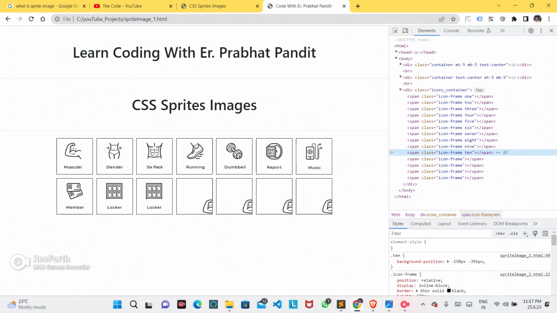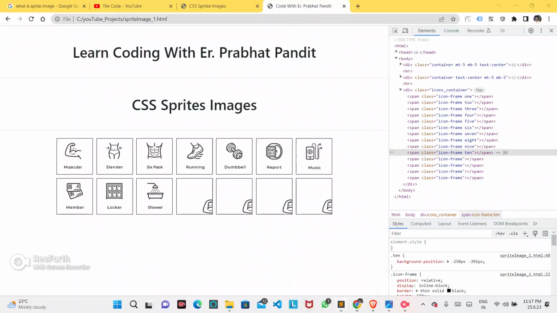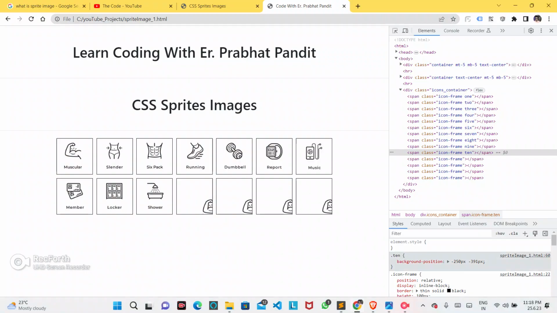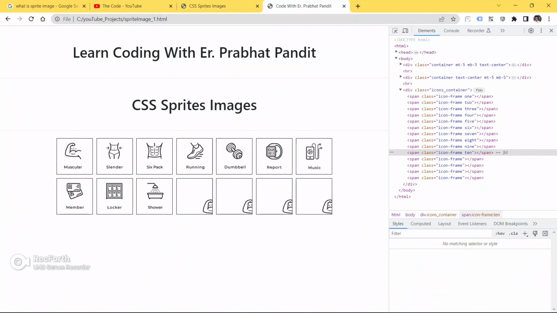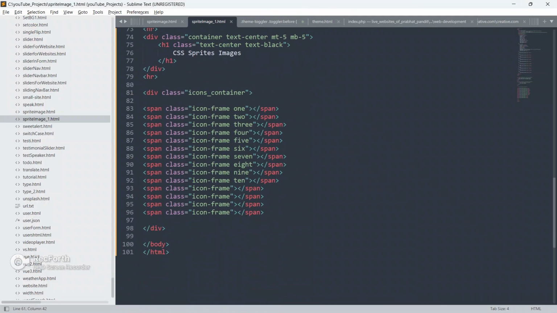So next is shower. See, we got our shower also, so copy it from here and paste inside the class 10. Save your code, go to the browser and refresh your page.